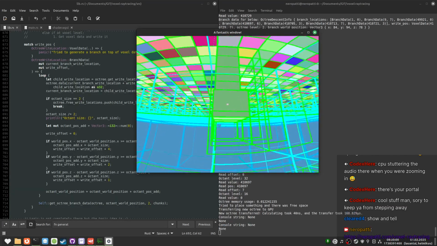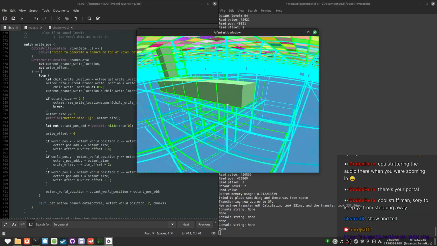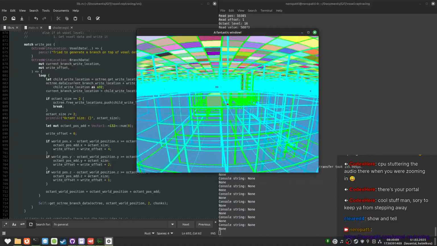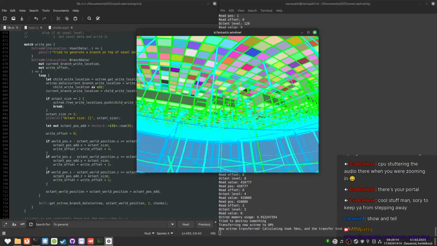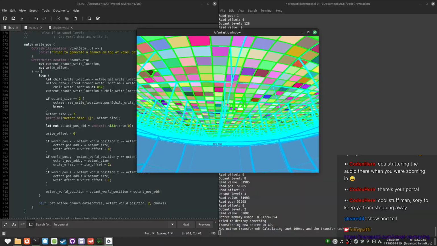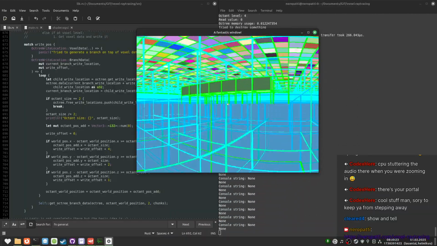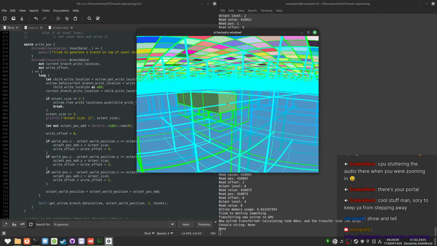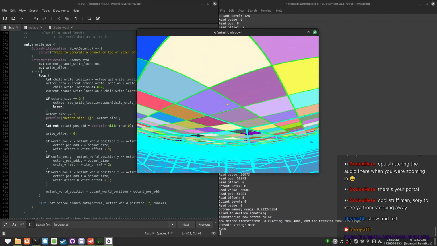Wait, it just works? No way. This feels wrong. That was way too easy. Why does it just work? Does it crash if I do something? That was just a rendering bug. I happened to enter a perfect height where the debug line was in the way. Okay, it just works. This is scary.